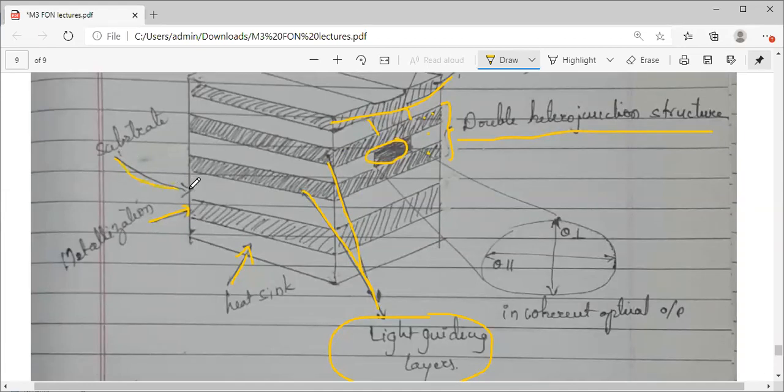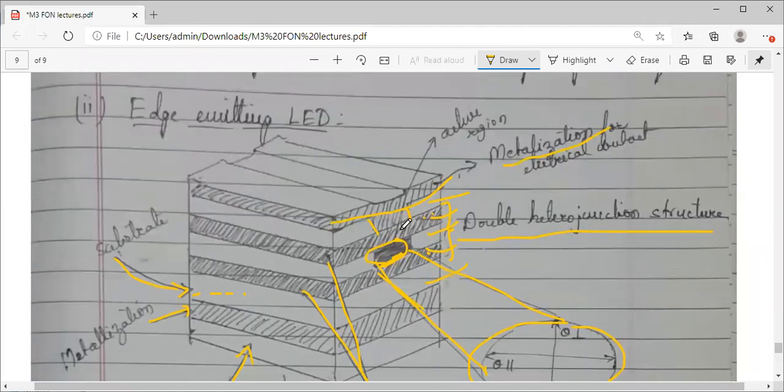Observe here, you have a substrate here. Okay, this is a substrate. There should be 5 layers, 1, 2, 3, 4 and 5. Fine. You can see the beam coming out of the active region is not isotropic. Earlier in the surface emitting LED we saw it is uniform, isotropic, but here it is elliptical in shape. Okay, and its plane, we will see about that. Okay, so this is the structure.